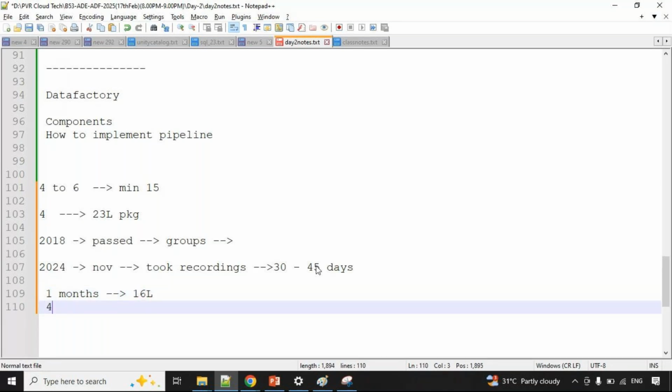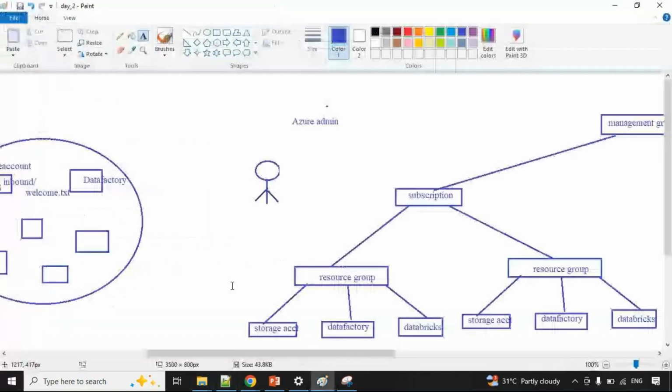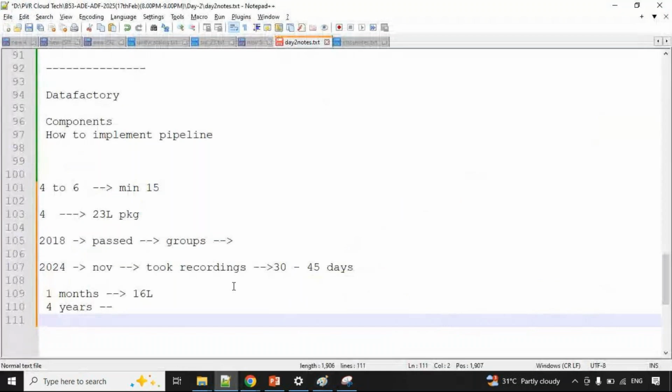He put 4 years of experience, because for freshers we don't have opportunities, and he got the 16 lakhs package. He didn't know anything, not even Python or SQL. Completely a group exams background. He was fed up with that, and people were talking all kinds of things. So he came and asked me. If he had gone for live sessions, it would have taken 3 to 4 months, but he prepared with the recording sessions within 30 days. I was literally shocked, because he attended interviews, and he prepared Python, SQL, everything.